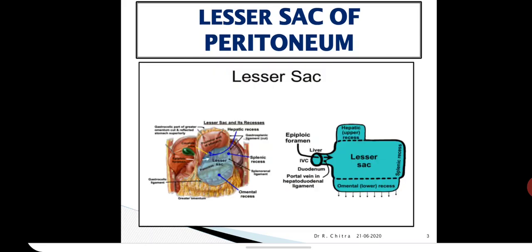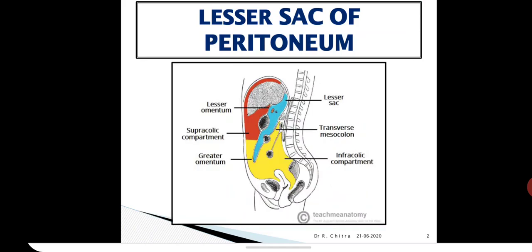To understand the anterior wall and posterior wall, you can use this picture also. From above downwards, you have to see the anterior wall: peritoneum covering the caudate lobe and caudate process of the liver, posterior layer of lesser omentum. So you now just see the front blue color. Then peritoneum covering the postero-inferior surface of the stomach. Then the second layer of the anterior sheet of the greater omentum.